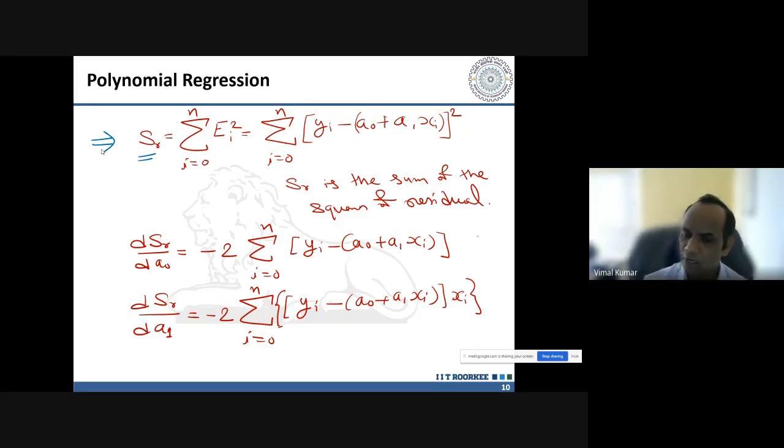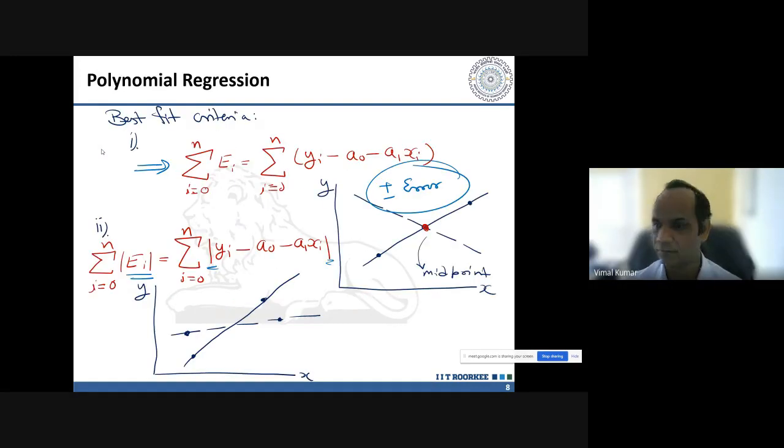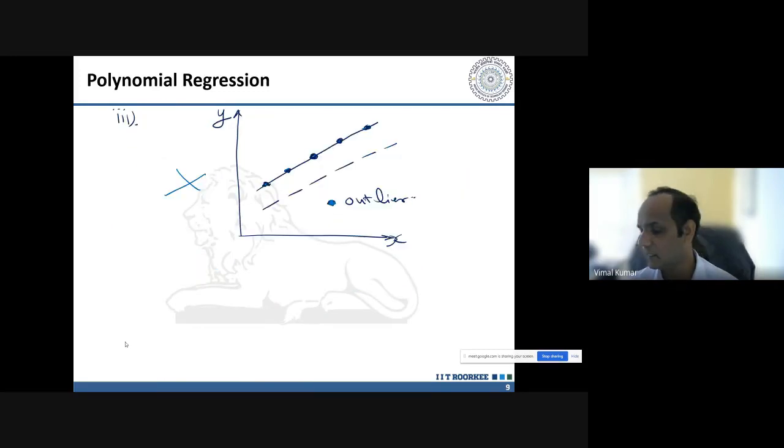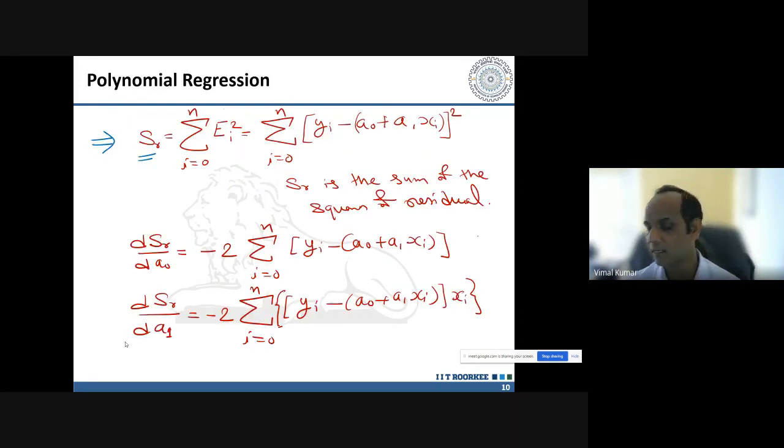I taught the different best fit approaches. The first one, simply without squaring, results in plus error and minus error, sign errors, which are not desired in any method. So we took the absolute value, which also resulted in some spread of data. The third approach, the min-max approach, is related to outliers, which is also not suitable. So we came to the final one, the sum of the square of residuals. This will help us in minimizing the difference between the calculated and the predicted values, and then it will help us in calculating the values of a0